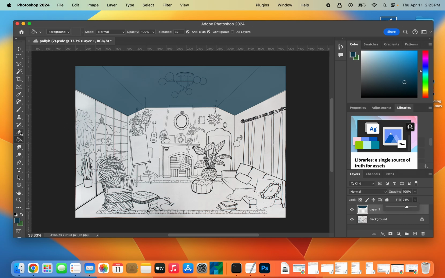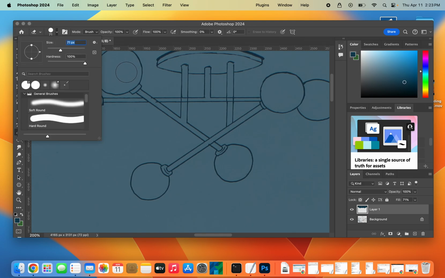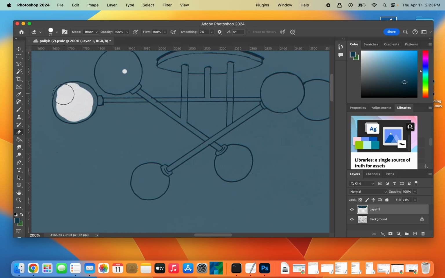I can now go in with my eraser tool, especially if I zoom in a little bit, and any areas that I don't want light or that blue shade, I can just go in with my eraser tool and start erasing. Change the tool to a different size if I'm finding it's too big for the edges. Now maybe when I'm erasing I'm like, ooh, I went outside the lines there, it's not looking quite as neat as I want. I could paint that back, but what's going to happen when I pick up this paint color